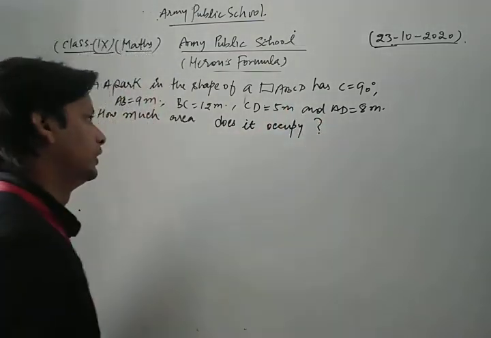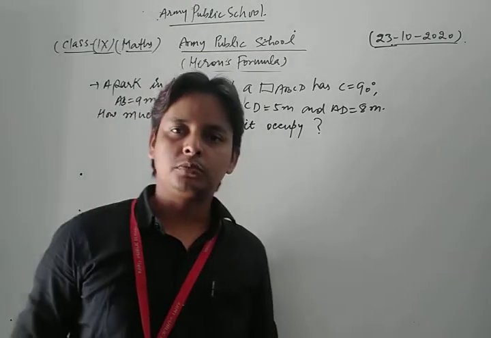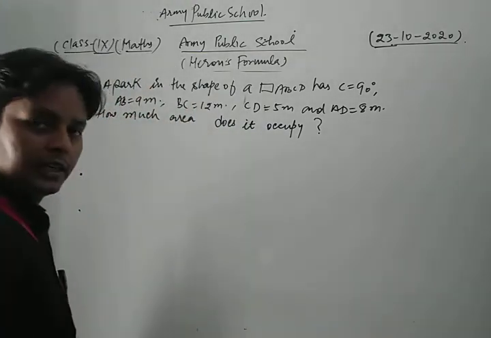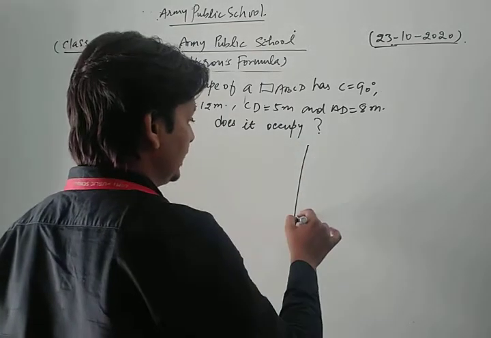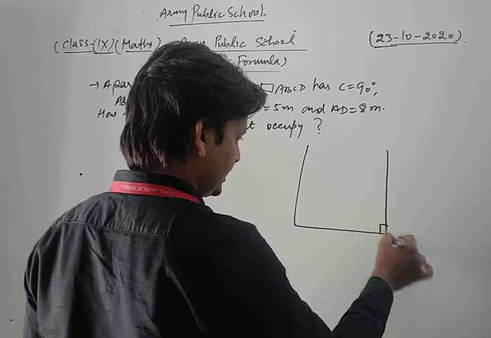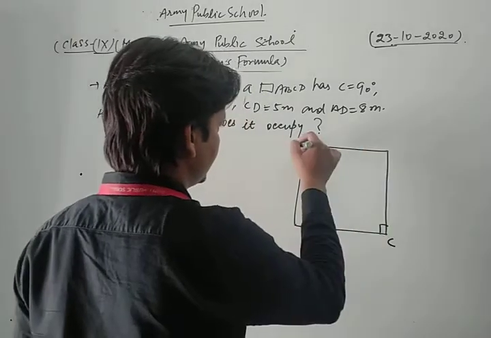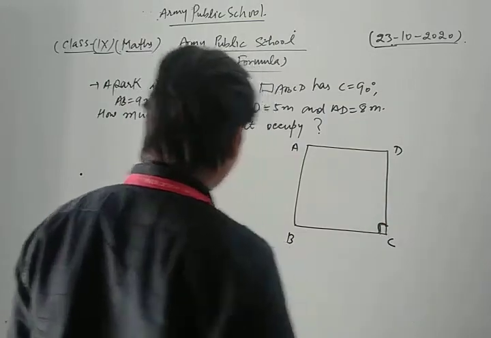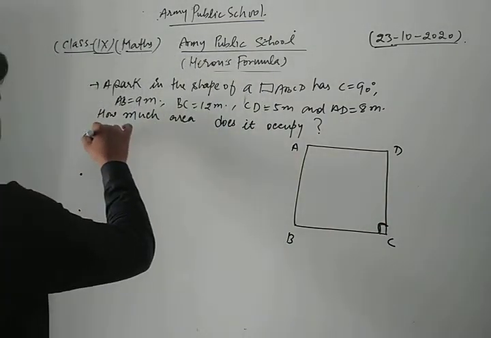Okay, this is the question here. This is one of the most important questions of your NCERT. Let's see it first. ABCD is a quadrilateral, so first of all we form a quadrilateral in which angle C is 90 degrees. So we form it in this way: this is A, B, C and D. Angle C is 90 degrees, because according to the question ABCD is a quadrilateral.